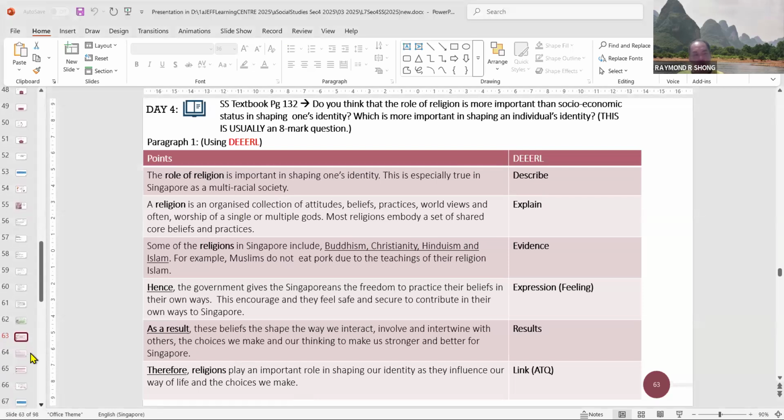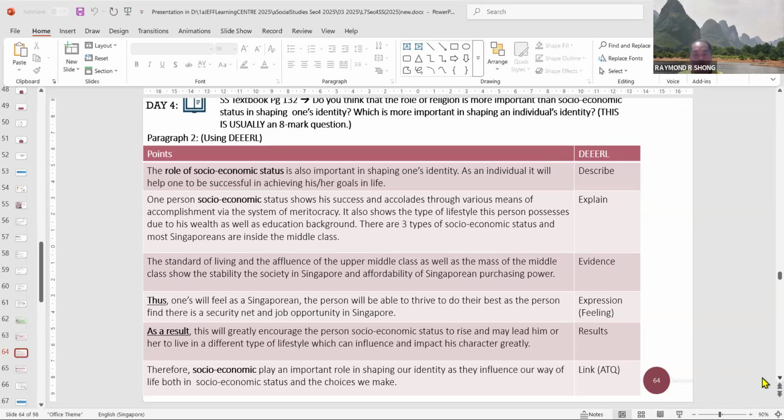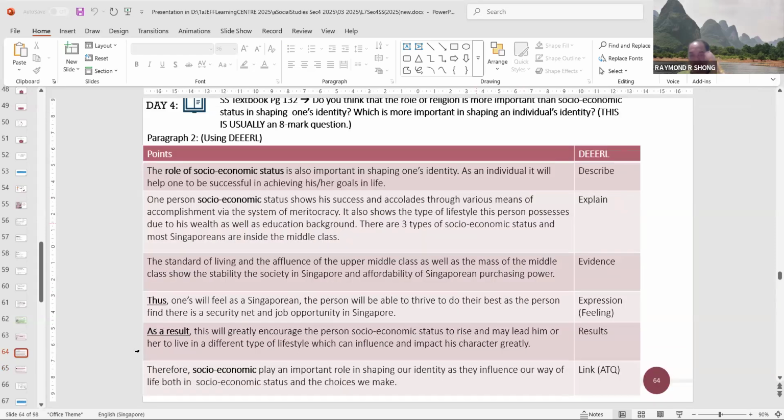Nicole, the rest of you listening, you ask me, should I write like that? I leave it to you, because I've been using this method for more than 10 years. So this is my formula. I do not know if your school has another formula that you are comfortable using, by all means. But I feel mine is even better. In fact, these two parts here are a bit extra, but I feel you will convince your marker to give you better marks.